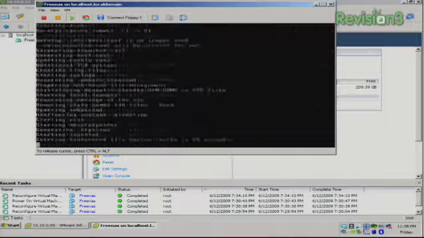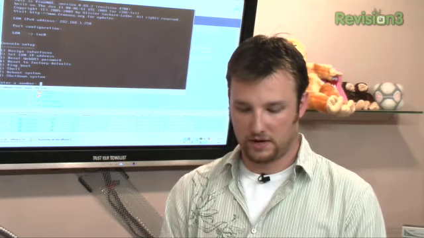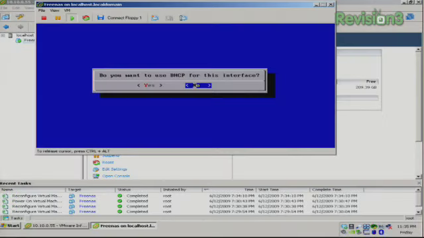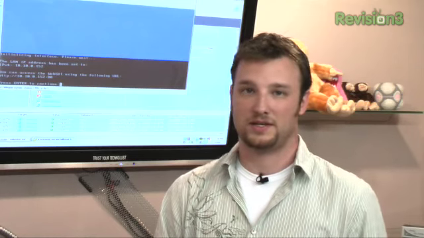Okay, so we're rebooted, and unfortunately it didn't get a DHCP address, so we'll go ahead and set the LAN interface again. We'll select yes for DHCP, no. Initialize the interface once again, and then from here, once the device is initialized, we can go to our web browser and we can actually start to set up the iSCSI device so that we connect ESX to the iSCSI